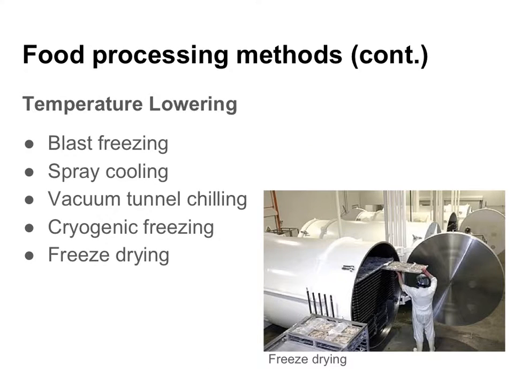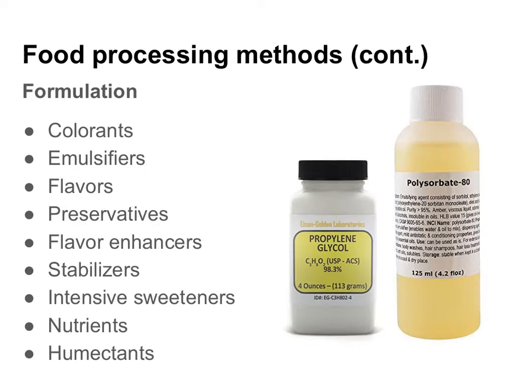The growth of microorganisms can also be slowed or stopped by the use of a third food processing technique, which is temperature lowering. Specific methods include blast freezing, spray cooling, vacuum tunnel chilling, cryogenic freezing, and freeze drying. The fourth food processing method is food formulation, which is the act of combining ingredients to create a new or